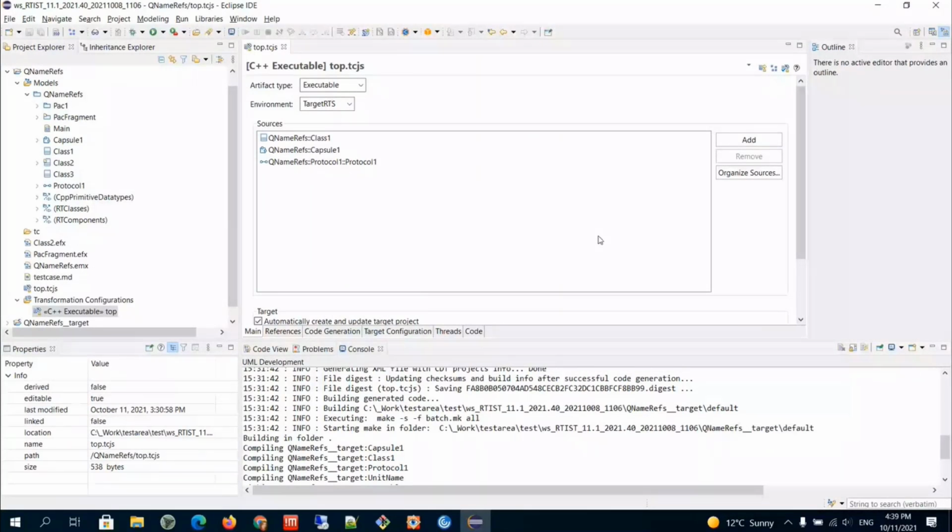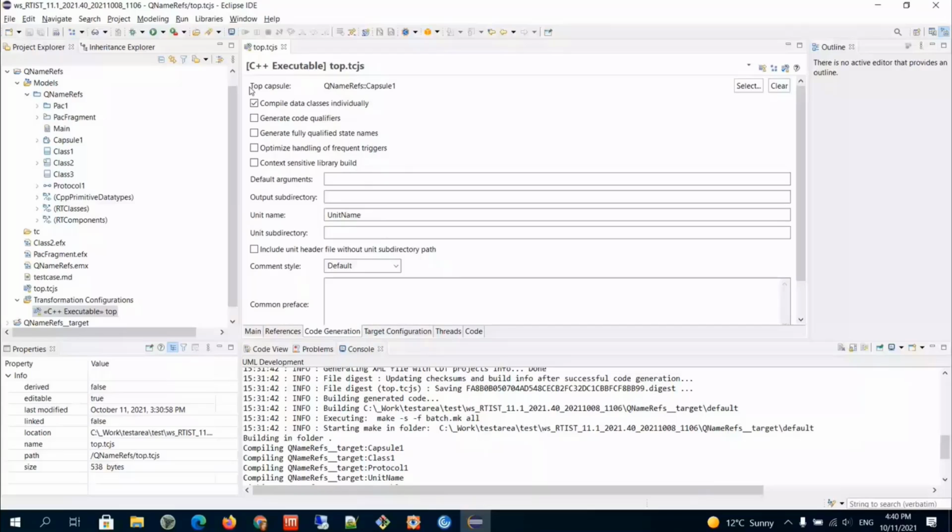Hello, my name is Elena Volkova, and first I will show you the improvements in references to model elements that you can use in your transformation configurations. So this is a sample model and a transformation configuration that we use to build this model, and we're referencing elements here in the sources, and also for the executable transformation configurations, we are referencing a top capsule from this